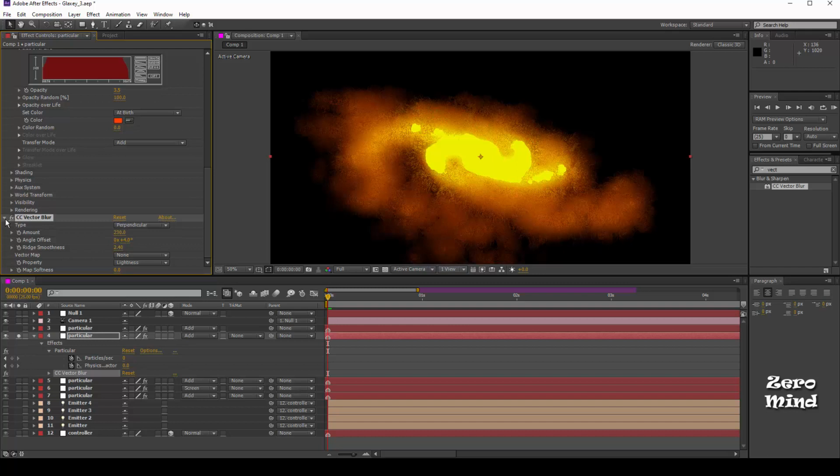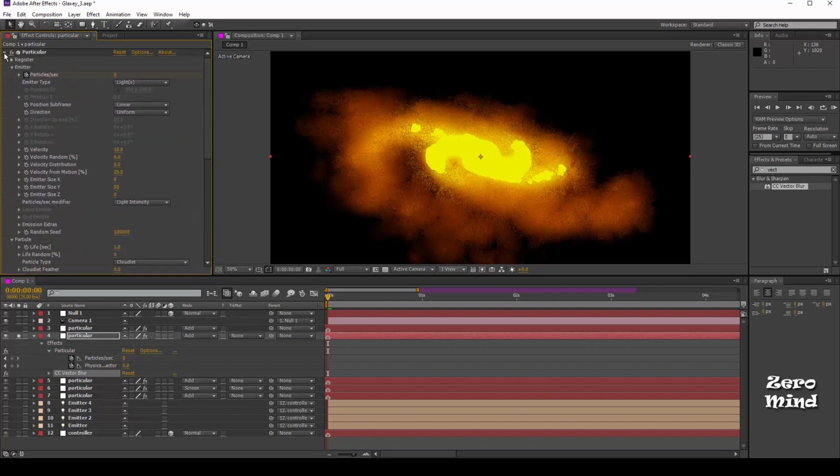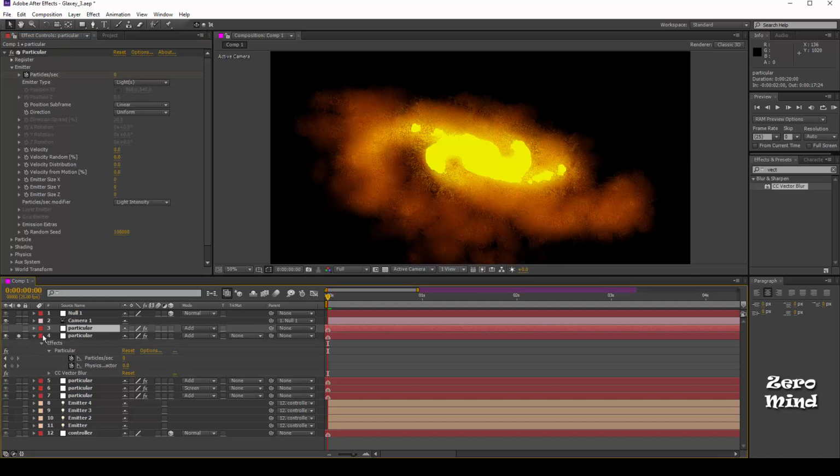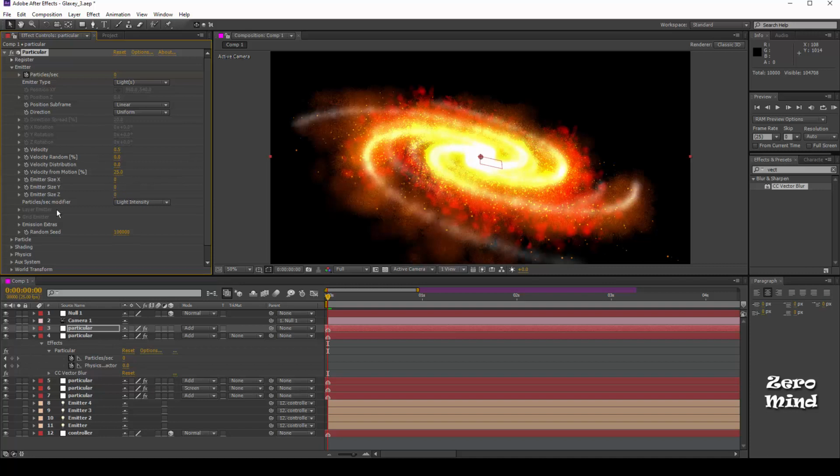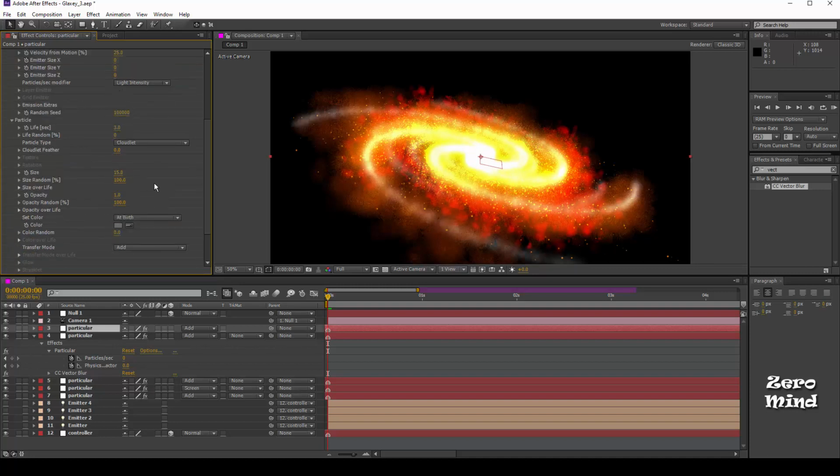Let me add lightness. So I select layer number 3 and switch off the solo icon, and select this option emitter. Again, emitter I have put here 2015. I keep here velocity 0.5, 0.0, and some opacity and velocity in motion 25.0, the same animations. Okay, and after this leave it 0, the particle seconds 15 seconds, and cloudlet. The size I will be reducing here.